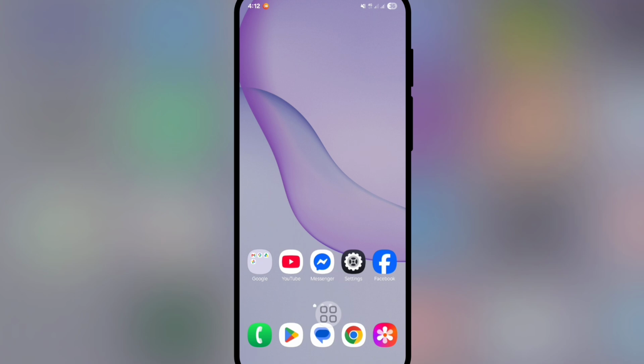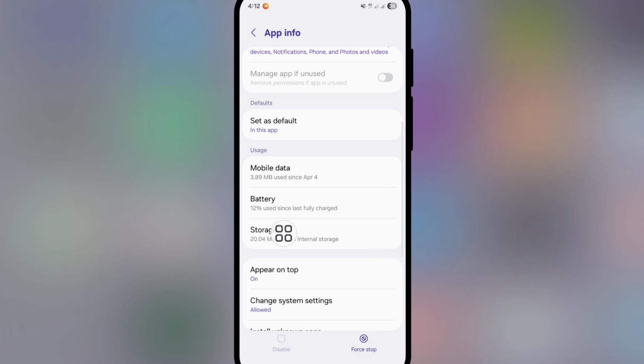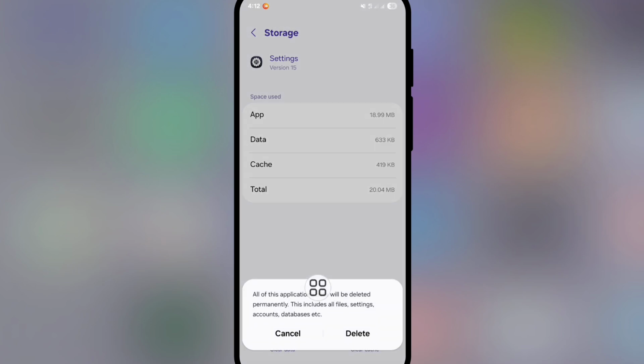For fixing this problem, first of all, long tap on settings option, then click on little eye icon. Now go to storage option, click on clear data, click on delete. If you cannot access app info option in settings this way, then come back to home screen